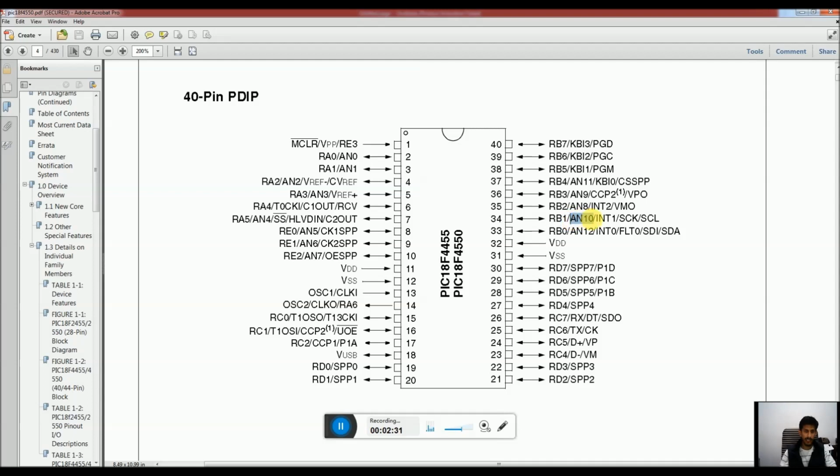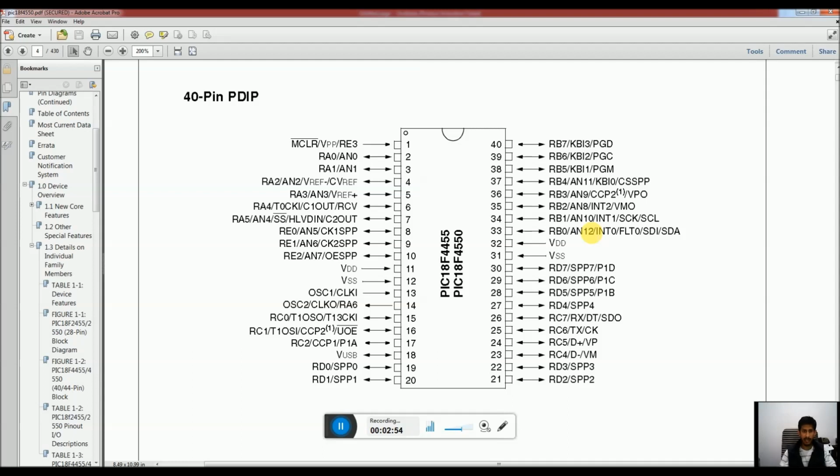The other function written in front is AN10. Now AN stands for analog. So all the functions associated with these pins with the prefix AN correspond to the analog channels. AN12 means analog channel number 12.